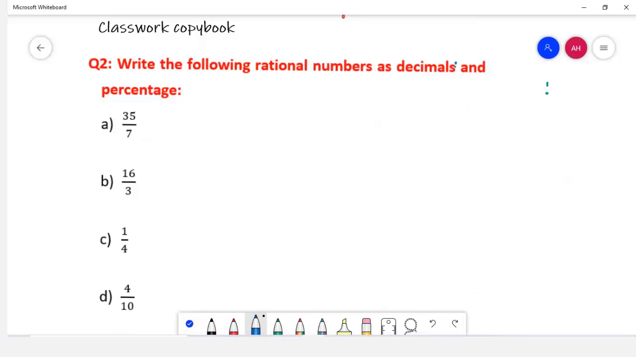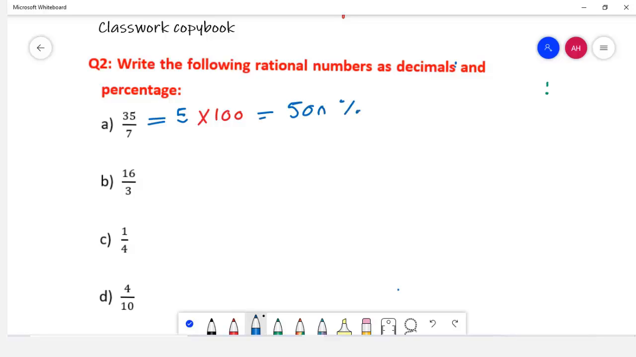Let's have more practice now. Write the following rational numbers as decimals and as percentages. I would like you to pause and answer the 4 questions by yourself, and then come back and compare your answers with mine. The first one is 35/7. 35/7 is equal to 5. So now, to change it to a percent, I'm going to multiply this 5 by 100, and I will have an answer equal to